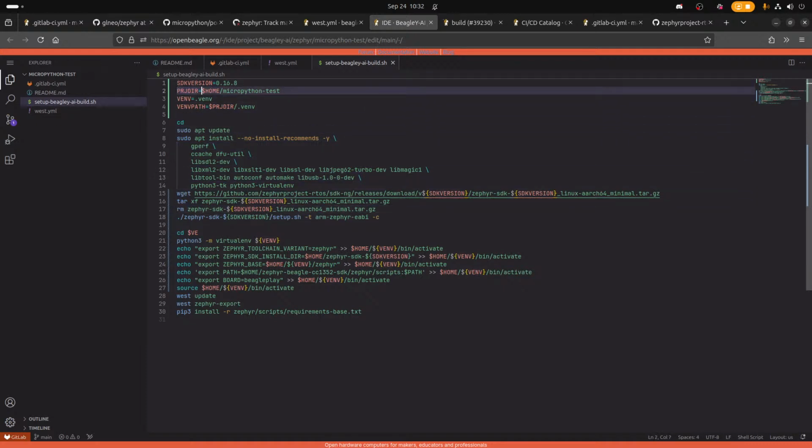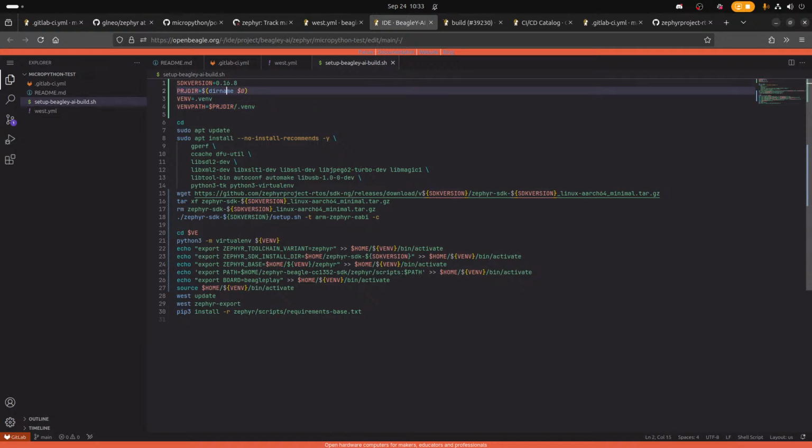Wouldn't it be fine to assume that they're running it from inside the MicroPython test directory? Well, that's what I just did. Project directory.